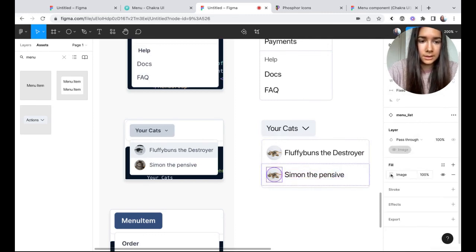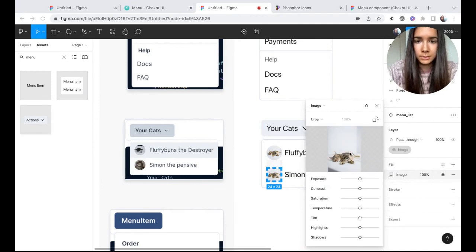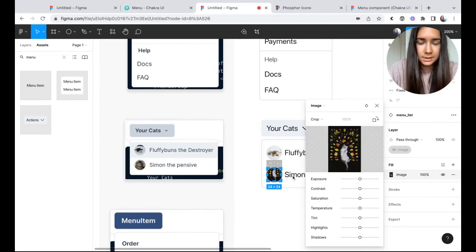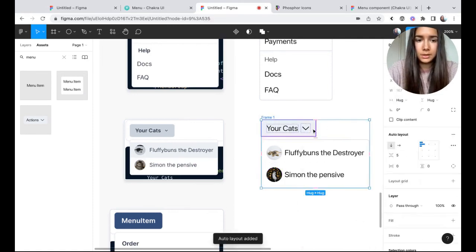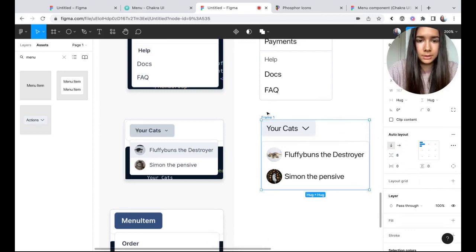So we can add a different image from this instance. Okay, let's keep them in the center. Okay, I believe that's example 5.